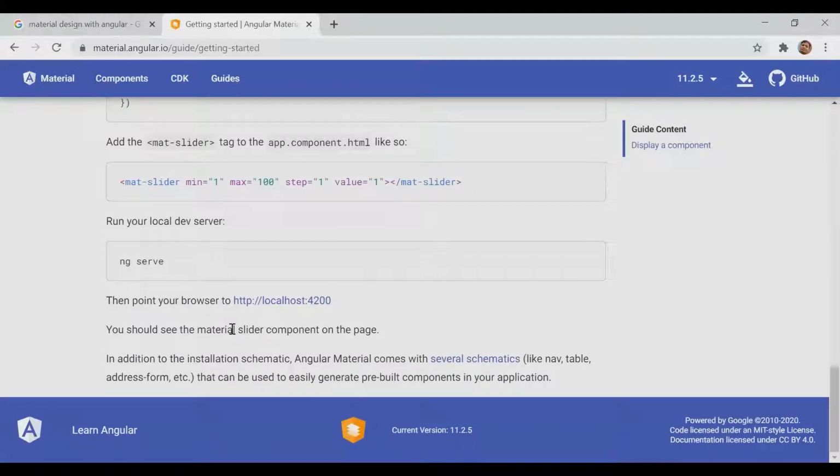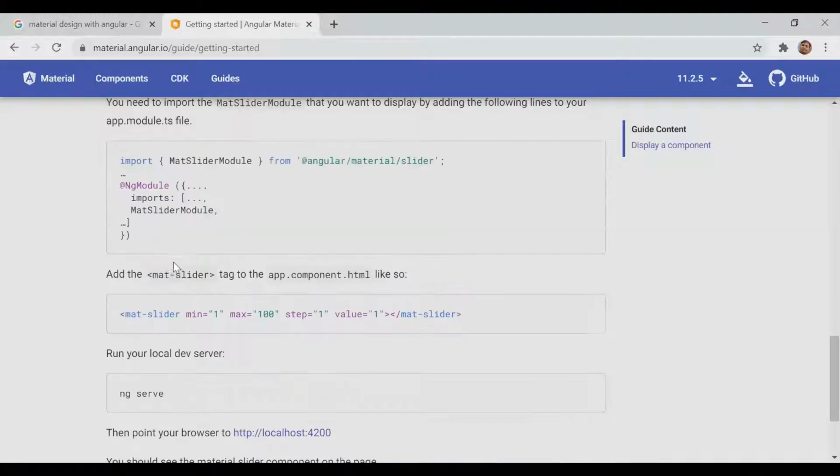Okay. Then you can add, you can export here. So previously, if someone has experience related to material design, they were using the material module.